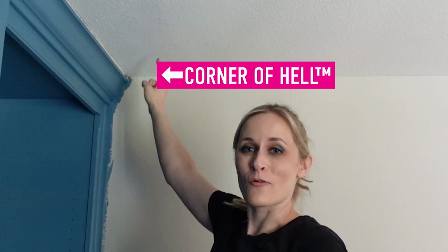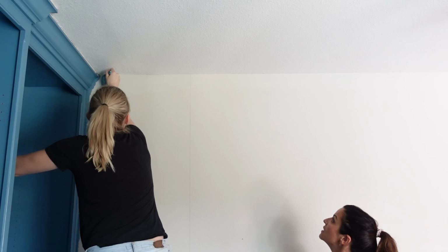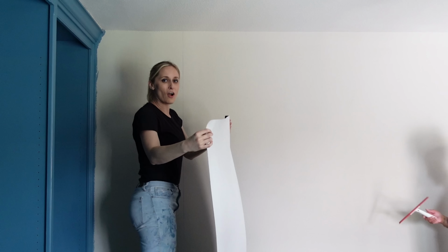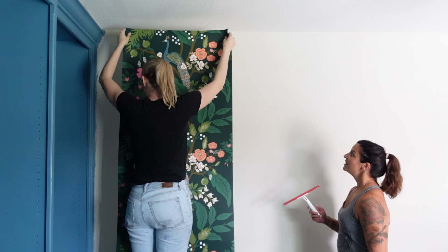Okay, so today we are starting not with a moment of hell, but from a corner of hell. As you can see, we got a lot of weird crown molding. It goes halfway down, then it juts out. So we are treating the wallpaper adhesive like paint. We're gonna cut in on the corners and roller brush the adhesive on, and then we're gonna put the paper on over that. All right, first strip going up, and we're gonna make sure that it is